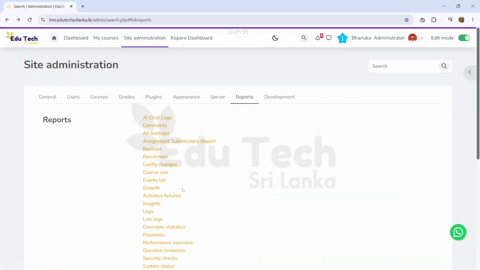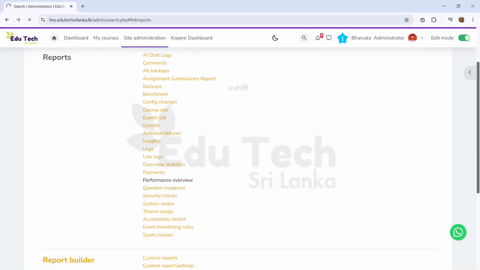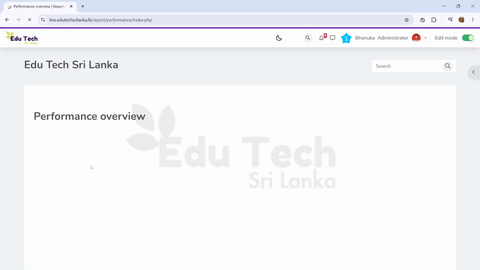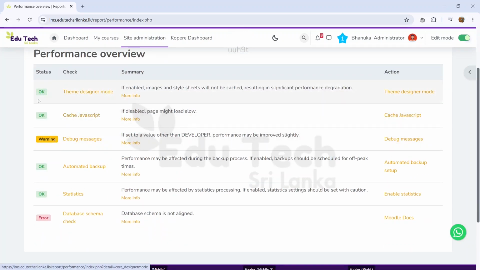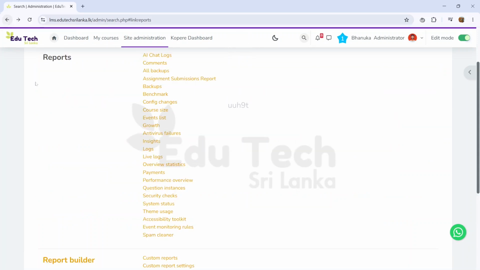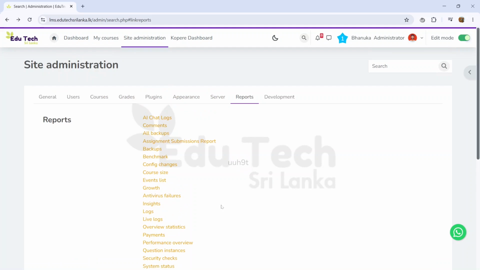And let's go to reports. You can see the performance overview. In the performance overview, it's more like a report showing whether this system is okay. You can see some settings are okay, and there are some issues you need to fix. You must fix these issues before moving on to a production system. And you can see this warning, it says debug. That's alright, you can turn it off before the exam. Moodle already has reporting tools to inform you whether the performance is running in a correct manner.